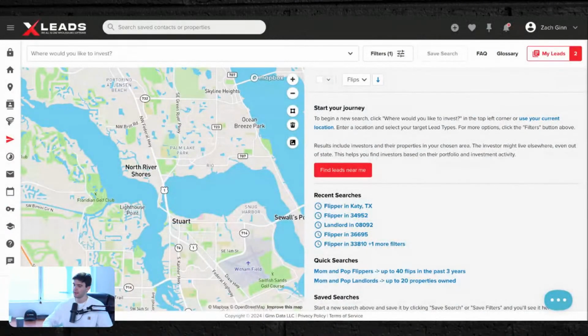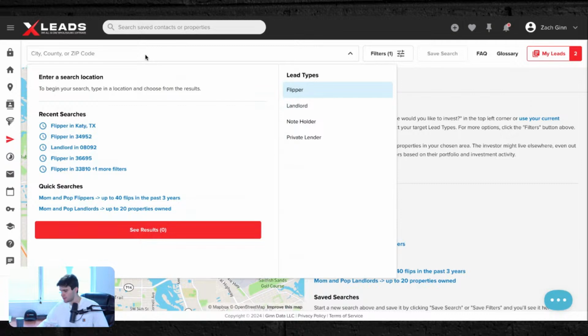So the pro plan. If you get the pro plan, you get investor leads. Now, I've been asked a lot from everyone, Zach, I want the landlord investor leads. I want the note and all these. So those are in beta, and those are slowly, we'll be reaching out to users. But for now, we just have the flippers because the landlord one's not as important for right now and still needs some better development, in my opinion. But basically, if you have the pro plan, the X plan, whatever plan you want to call it, you can actually go out here and go to investor leads, put